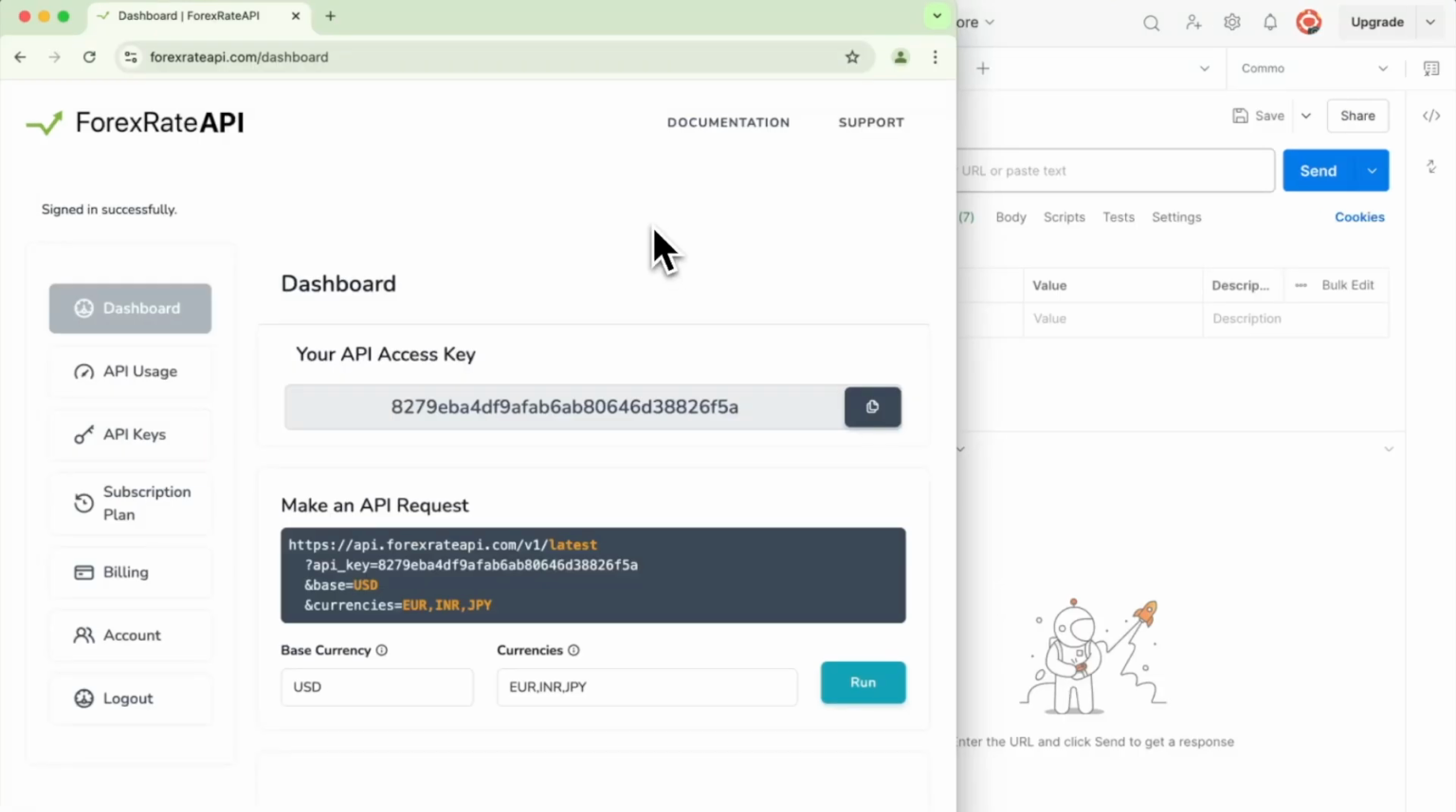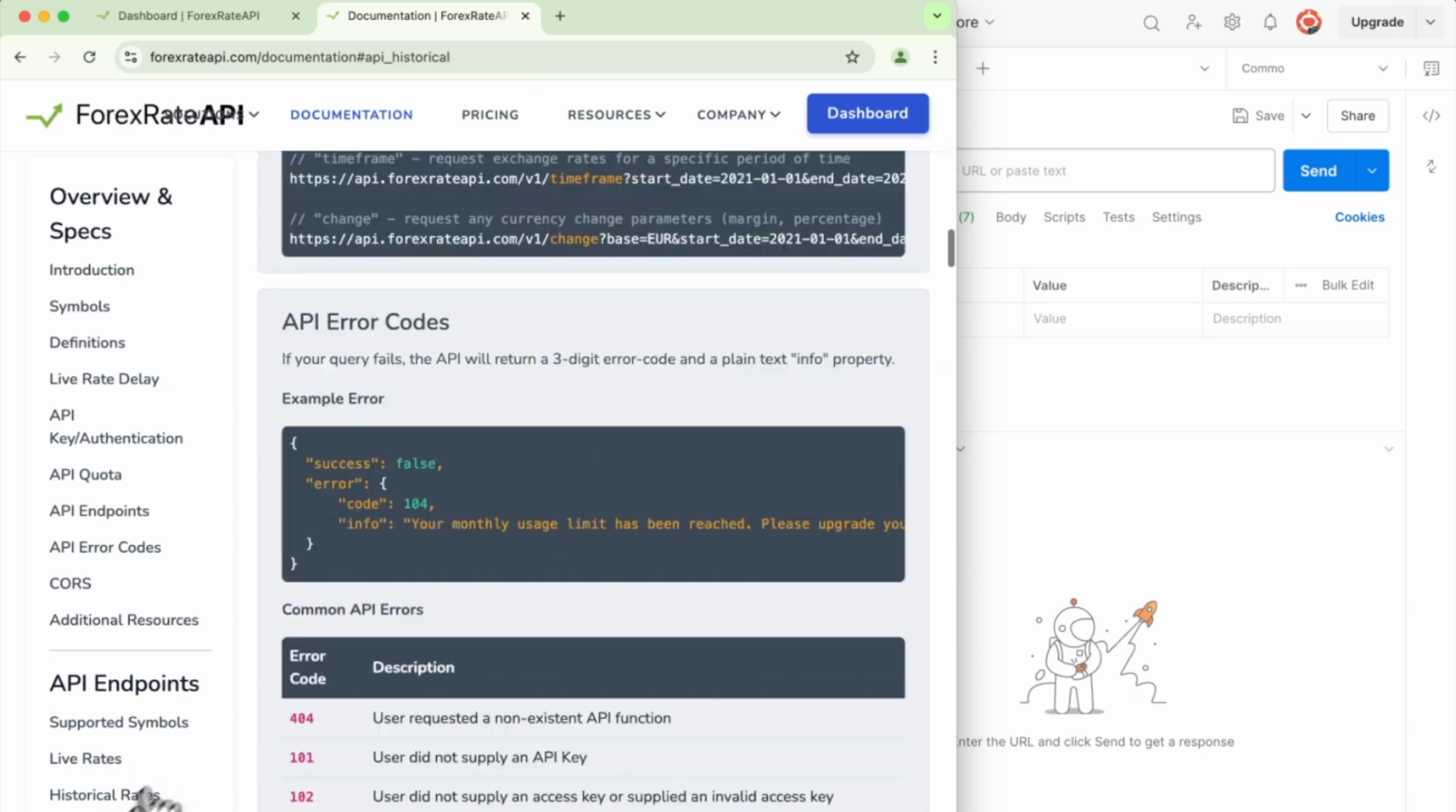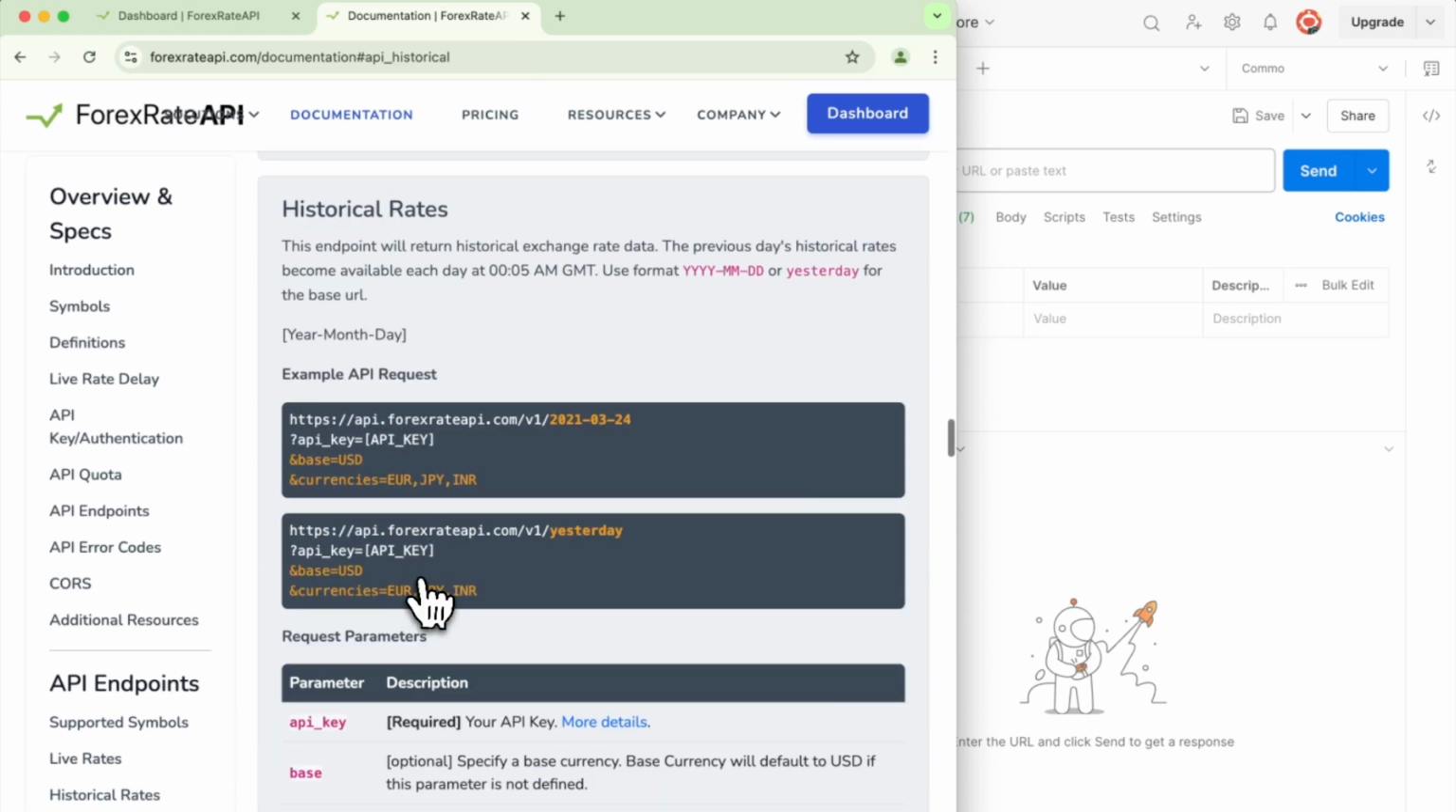In addition to live prices, ForexRate API also provides historical foreign exchange rates through the Historical endpoint. This endpoint allows you to retrieve rates for a specific date in the past. The Historical endpoint works similarly to the latest endpoint, but requires you to specify the desired date in the URL path. Instead of using /latest, you'll need to provide the date in the format